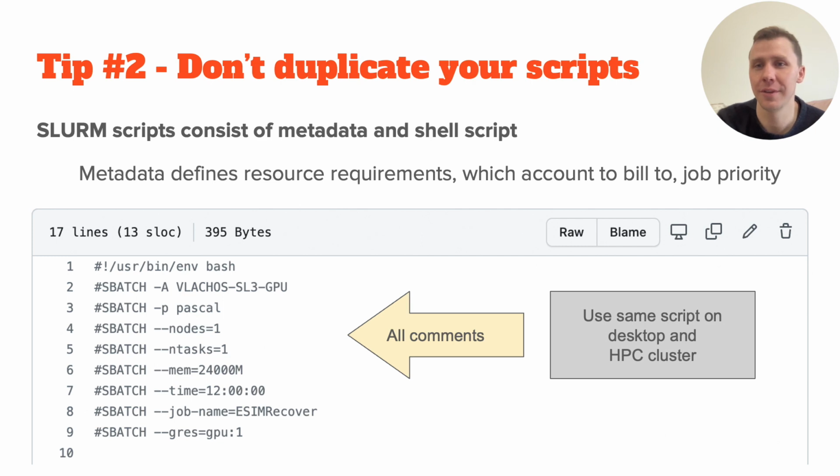You should notice that all of these are comments too, so a script that runs on Slurm will also work on your own machine, okay? If you don't hard code things, your scripts should be portable across multiple platforms. However,